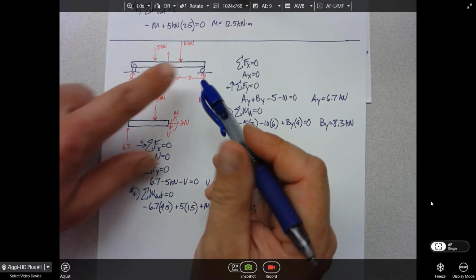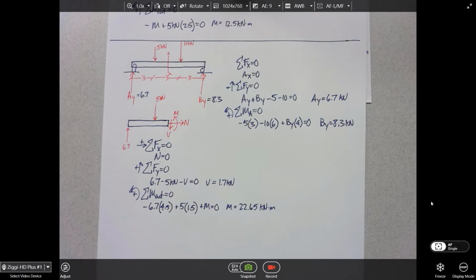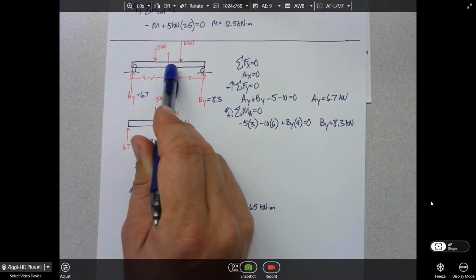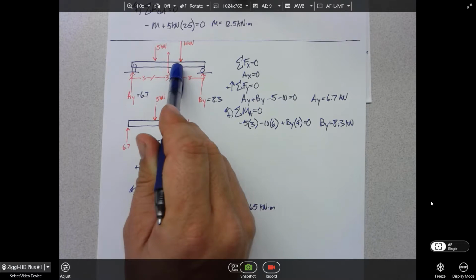Indeed. Now, what about the moment? Where's the maximum moment in this? I'm going to tell you beams typically fail due to the bending moment. So we need to know where that is a maximum so that we can do some calculations. Where's the maximum bending moment in this? The middle, you think? A little bit closer to the 10. Between A and 10, yeah. Maybe someplace in here? Yeah, but we don't know exactly where, do we?